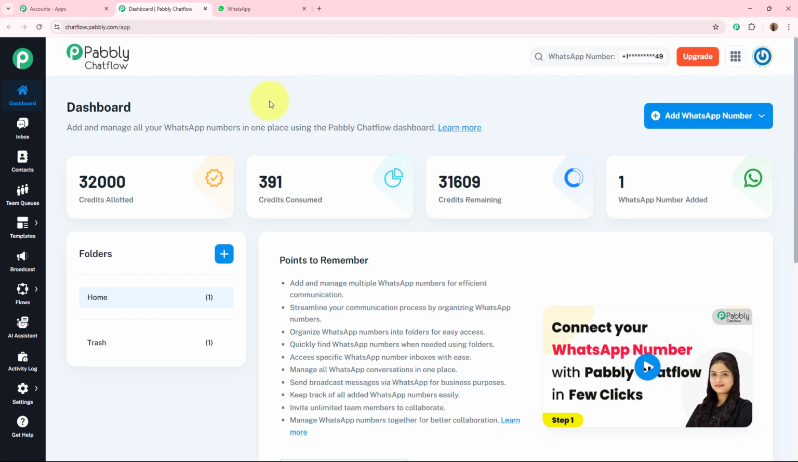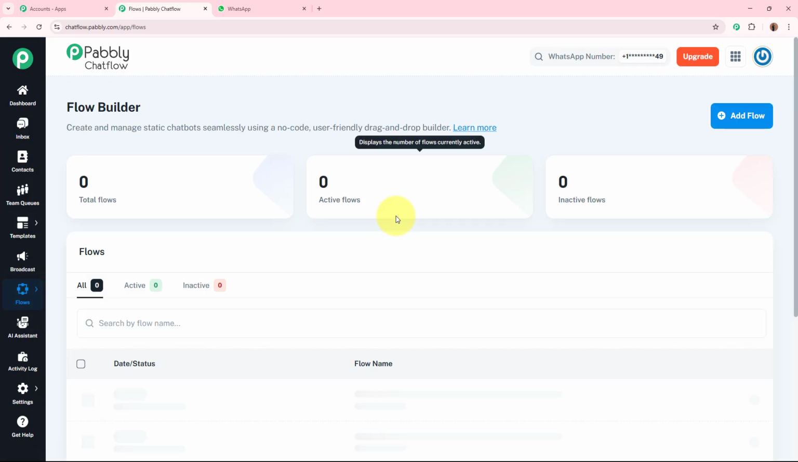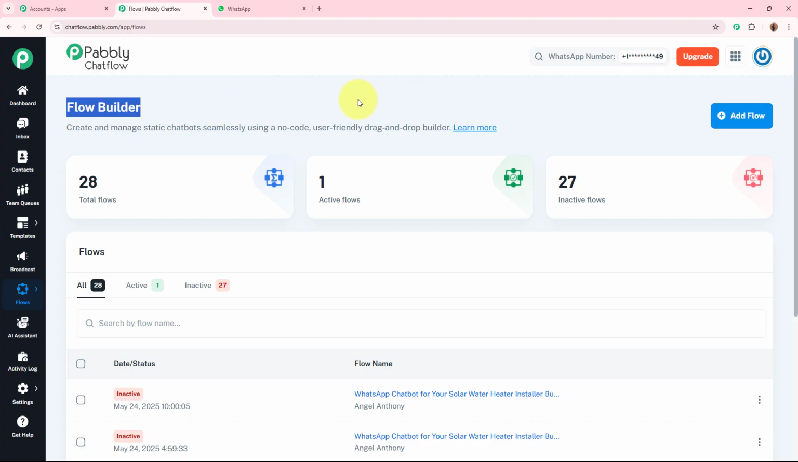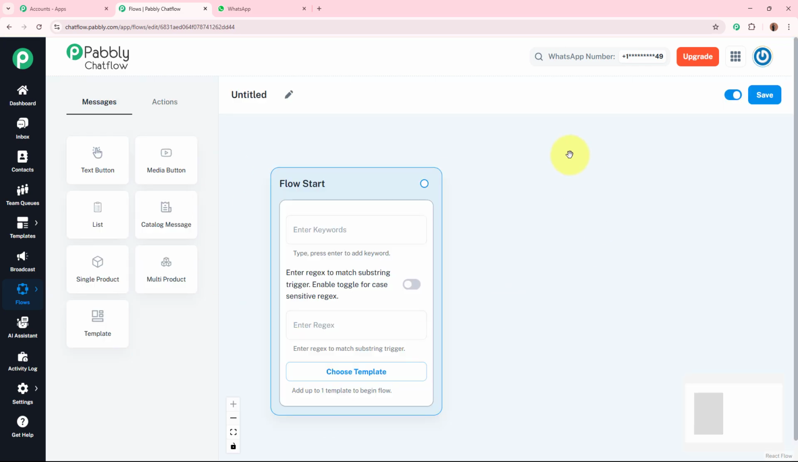In order to create a new bot in Pabbly Chatflow account, from the left side go to Flow and Flows section right over here. After coming to the Flow Builder page of our Pabbly Chatflow account, in order to create a new bot, click on this Add Flow button on the top right corner. As I'm going to do that, a new flow has been created, and firstly, I'm going to rename the flow,